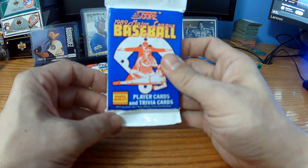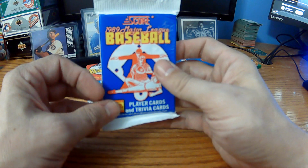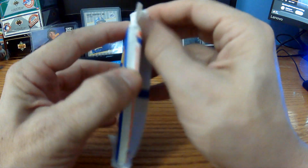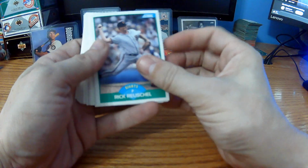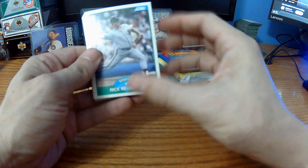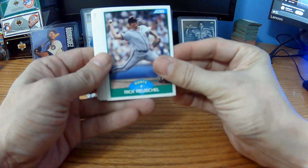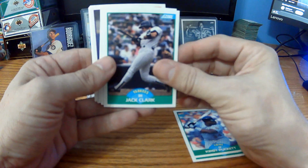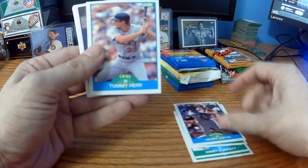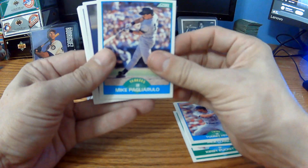So, all right, so now we're going to go to 1989 Score. Looking for Randy Johnson and some Craig Biggio, among others. So we start off with Rick Russell, Kirby Puckett, another big name, Jack Clark, Henry Cotto, Tom Herr, Mike Pagliarulo,